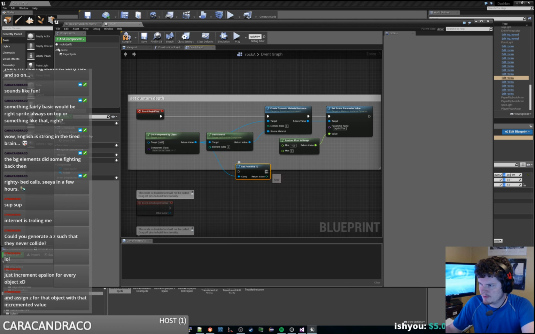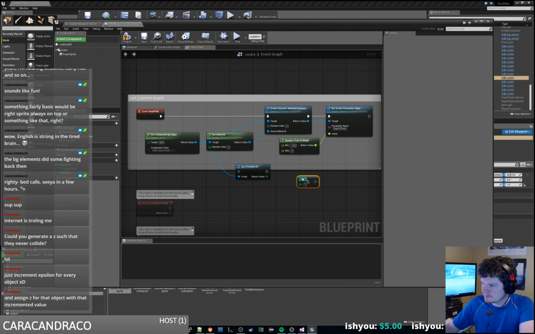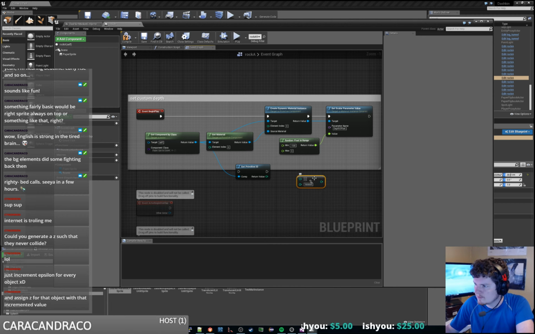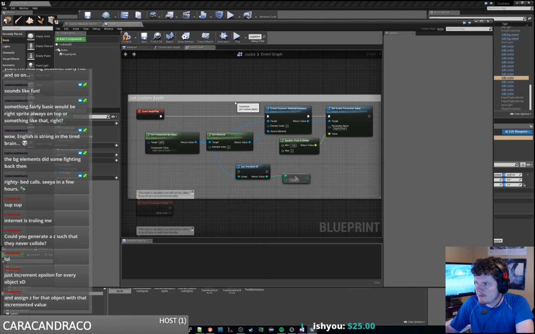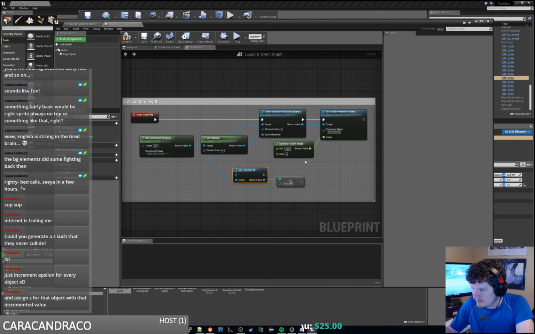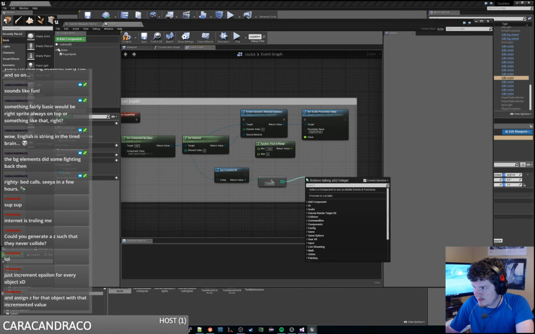And what we need to do is a modulus. So what we're going to do is grab that primitive component ID. We're going to mod it by, what is that, 100,000, and then we're going to multiply that by